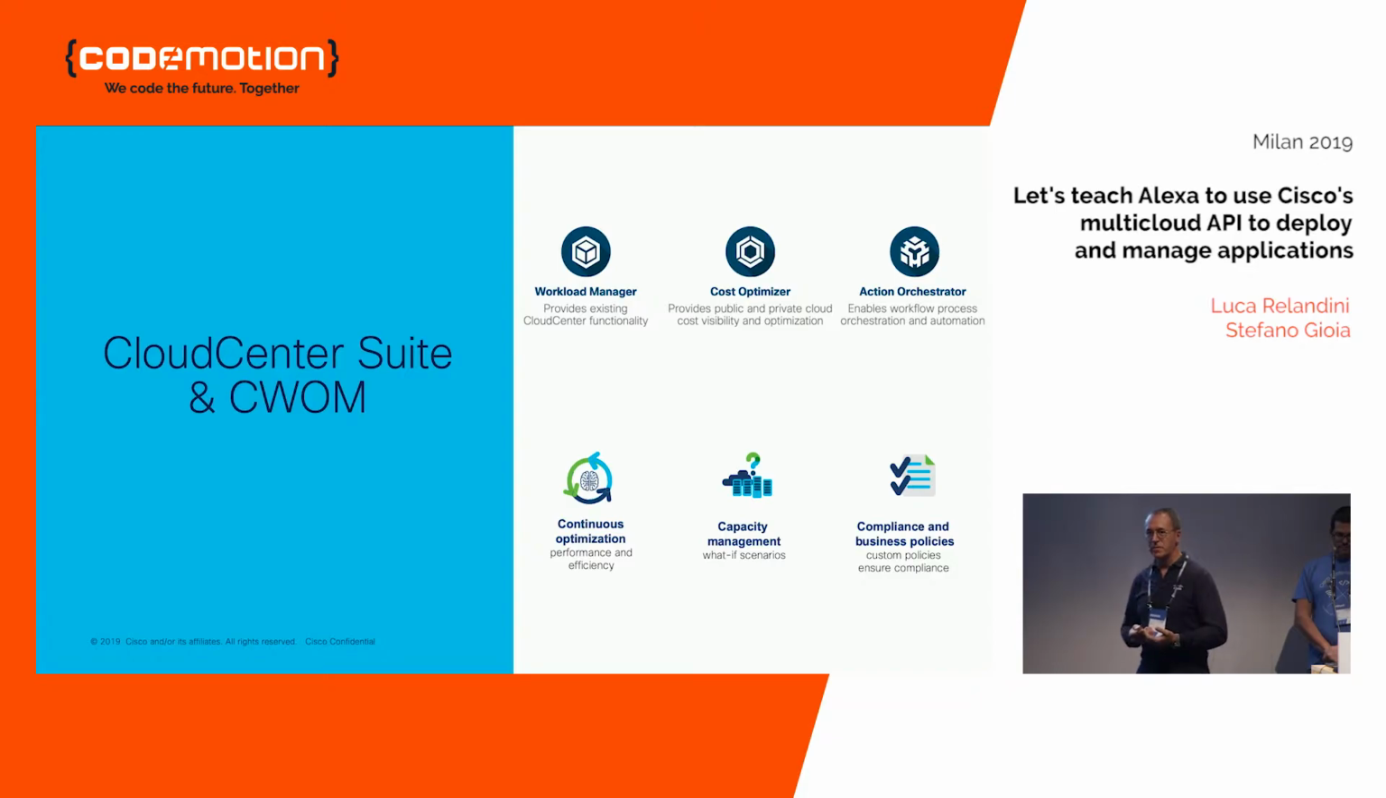So after this very short introduction to the general behavior of API, now I will introduce you a couple of products from the Cisco software portfolio. So Stefano and I work in the orchestration area of the Cisco technology, and we have a number of software products. The two most relevant in terms of application lifecycle are called the Cloud Center Suite and the Cisco Workload Optimization Manager. The first one is used to